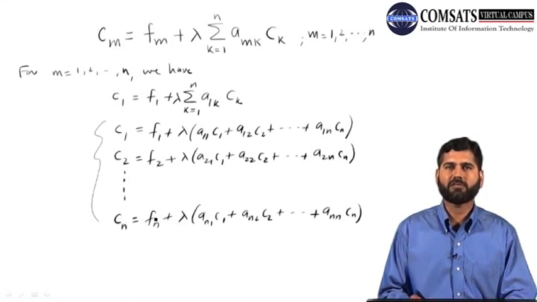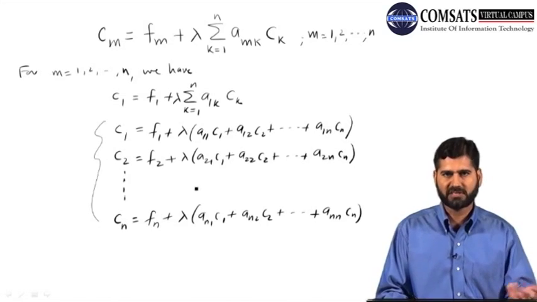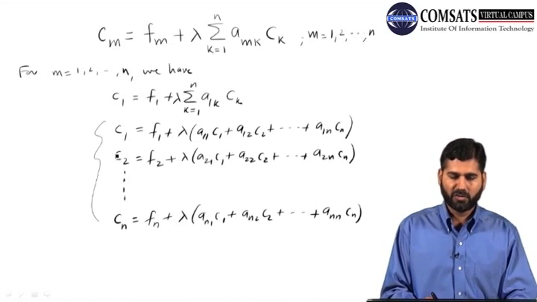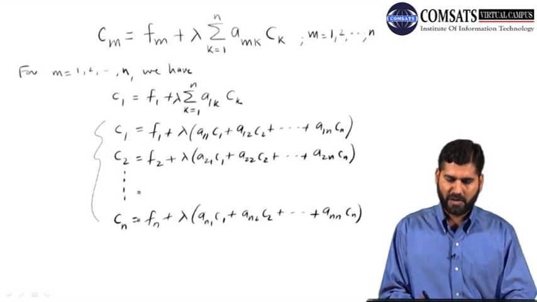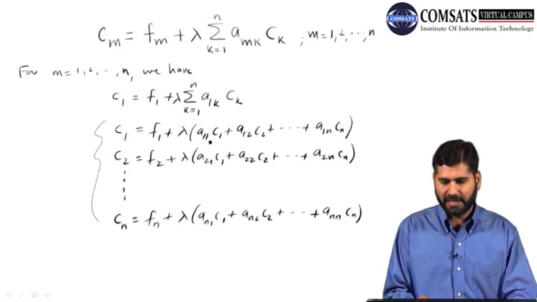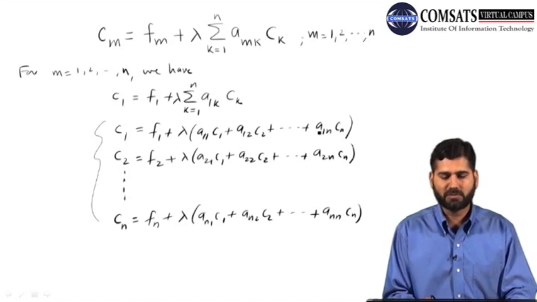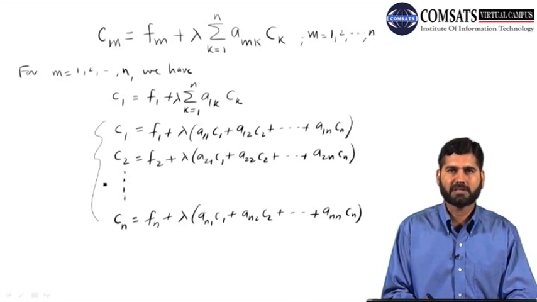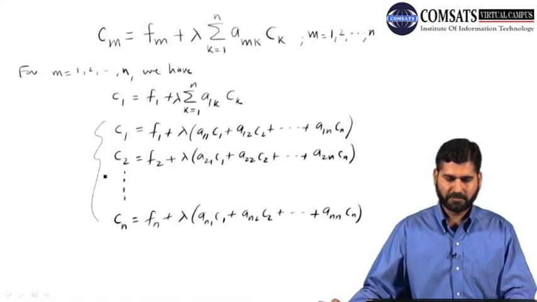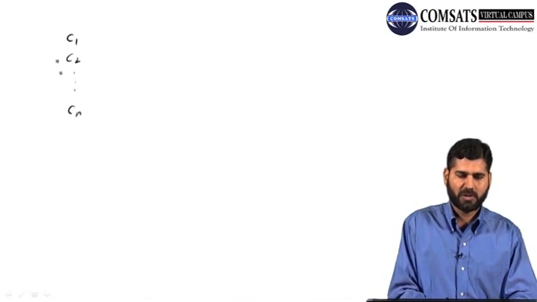So this is a set of n algebraic equations. So it's a system of equations, right? What you can do is make the left hand side the whole vector. f1 up to fn is a vector. Here a11 up to a1n are being multiplied by c1, c2 up to cn. I have already called c1, c2 up to cn one vector, capital C. So the left hand side can be written as c1, c2 up to cn. This is one vector,